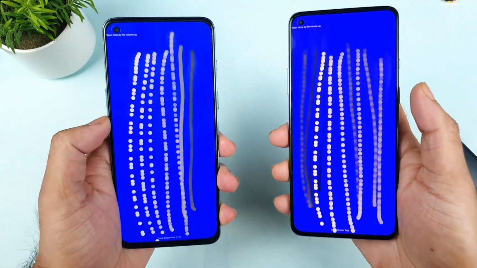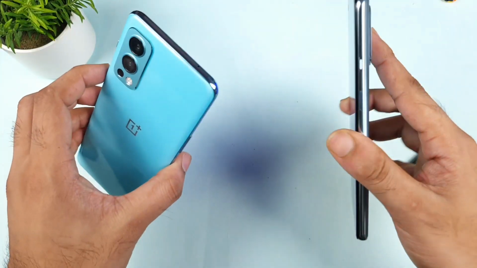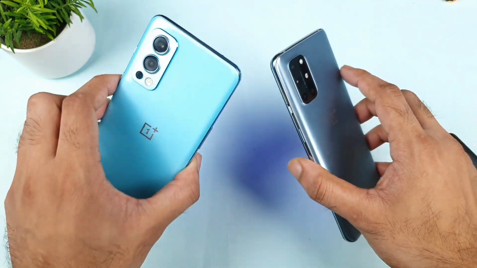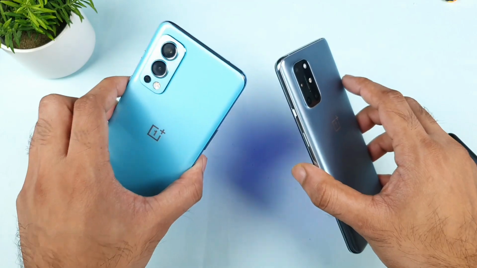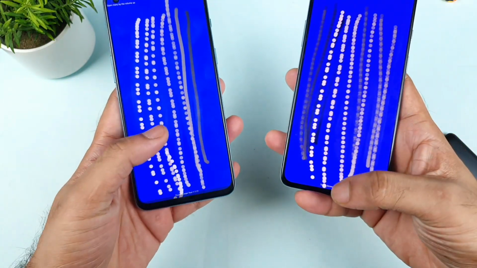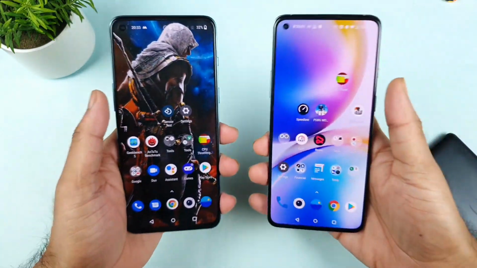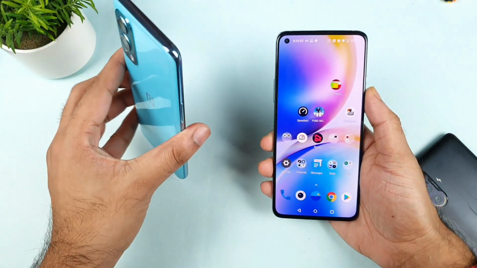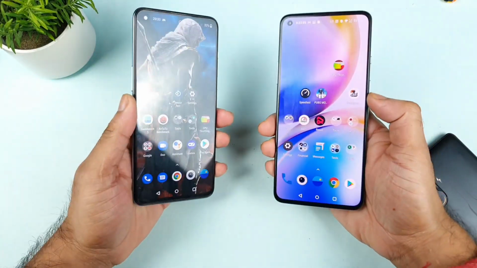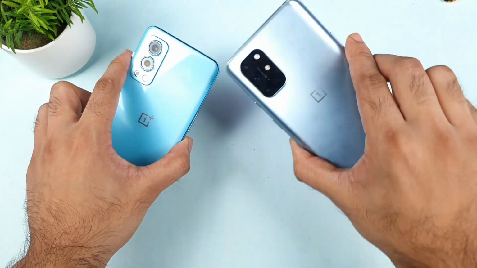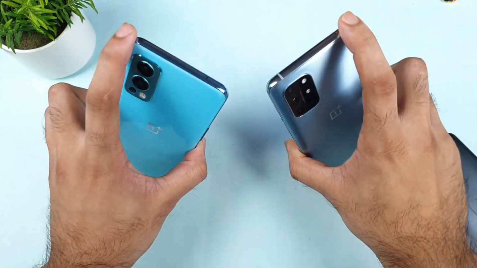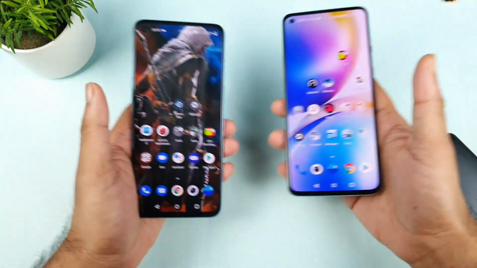This is very important for gamers who are planning to buy this OnePlus Nord 2 for gaming. You should know these things before actually buying this device, please. This is one thing, friends, which I thought of highlighting and letting you all know about what is happening in this OnePlus Nord 2 in terms of touch sampling rate. I'm comparing only with the OnePlus 8T, which is the same brand, OnePlus, as you can see clearly.